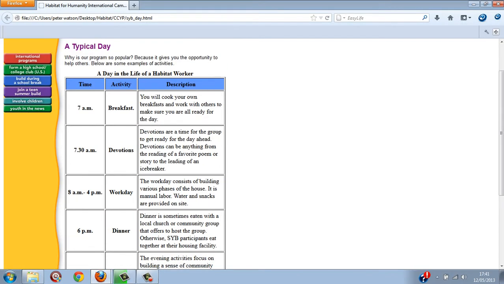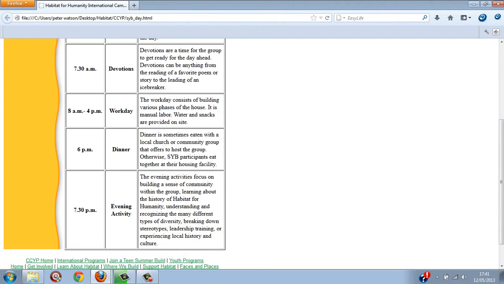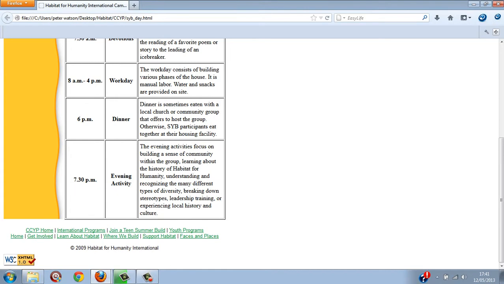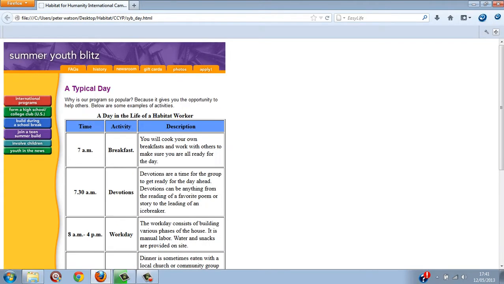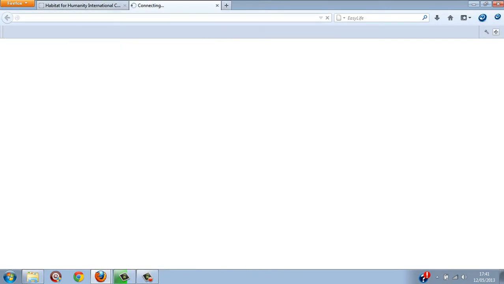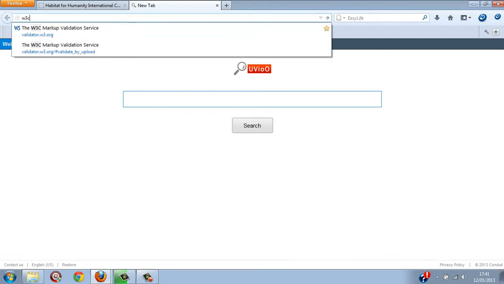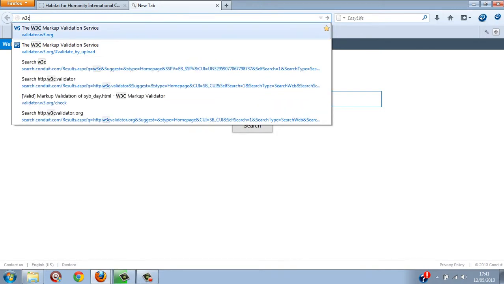So you can see there is no actual change with how it's presented in the browser itself. However, the problem you will find is when you come to validate your document with the markup service,